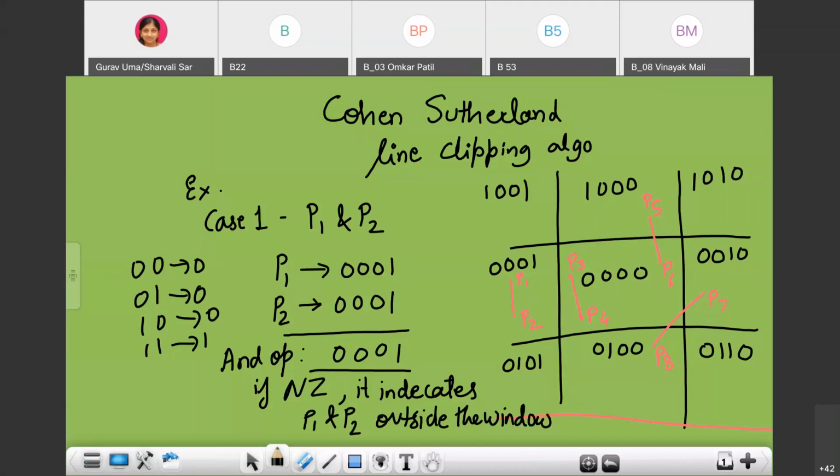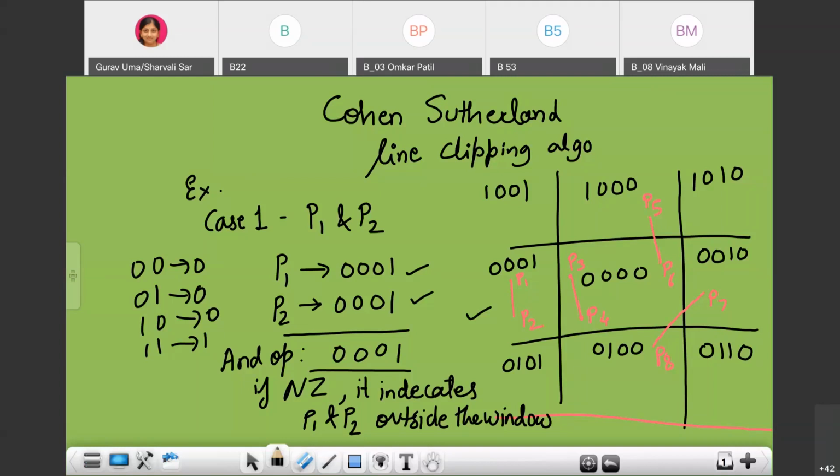What we did is, we found the code for point P1, then we found the code for point P2, and then we found the AND operation. If the result is non-zero, it indicates P1 and P2 are outside the window. See the line P1 and P2, it is completely outside the window.